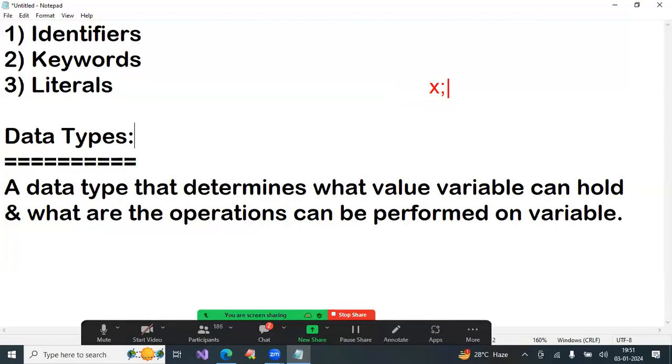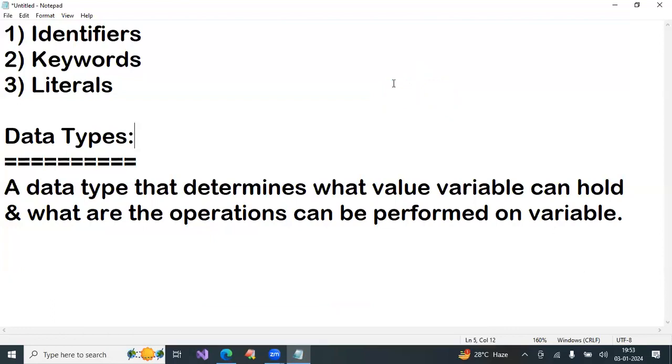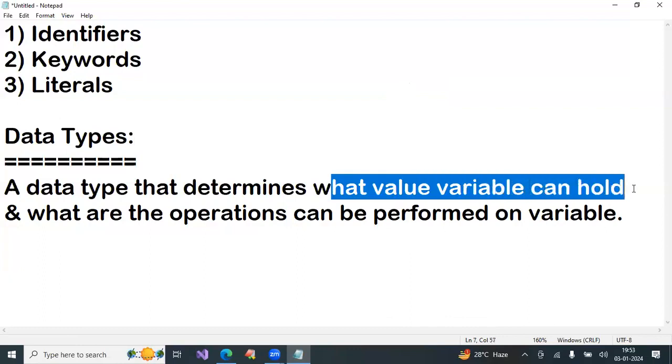But whenever you write the type, then meaning comes. Int x should contain an integer type literal only. If you write float, x should contain a floating point literal only. If you write char, x should contain a character literal only. So data type decides what value a variable should contain.